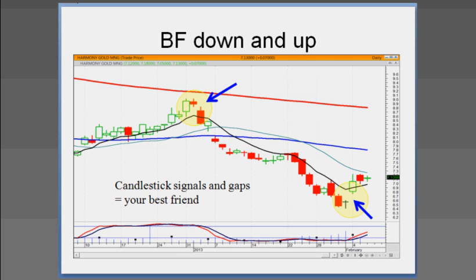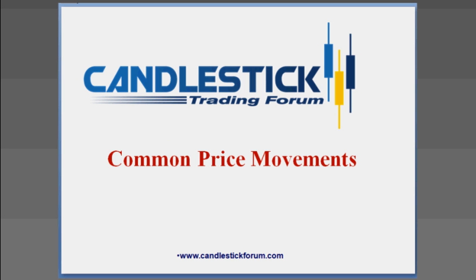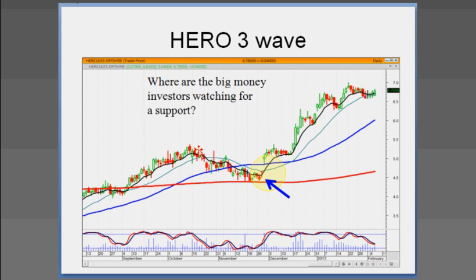So as long as we know common price movements, such as you come up away from the 50-day moving average or the 200-day moving average, and you come back to it, if we can see exactly what's going on in investor sentiment right at those resistance or support levels, we've got a huge advantage by getting in right at the time that we can see everybody else is deciding that's going to be acting as a support.